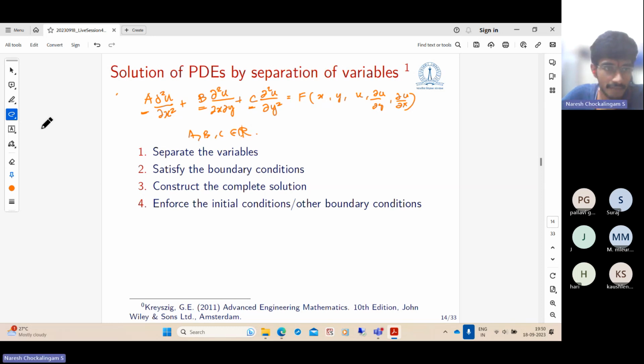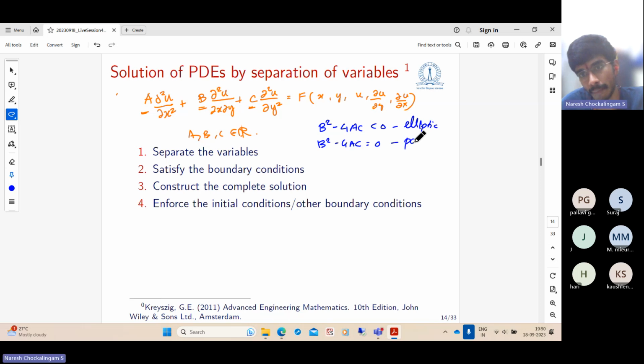So in the special case, if you have b square minus 4ac less than 0, you get an elliptic partial differential equation. B square minus 4ac equal to 0, you get a parabolic partial differential equation. B square minus 4ac greater than 0, you get a hyperbolic partial differential equation. These names really don't matter. They are just names that are useful for classifying the kind of solution these partial differential